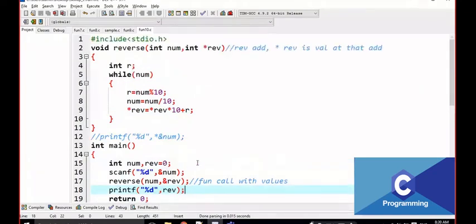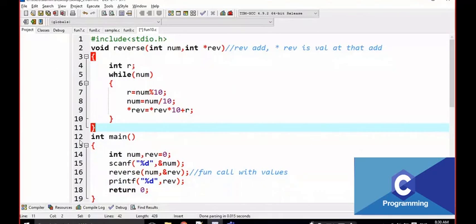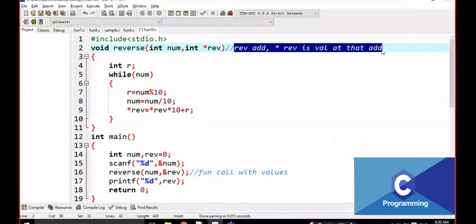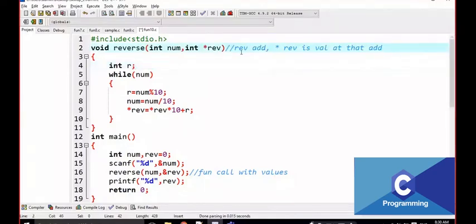Just note it down. Very important one. This method is very important. Write down this comment also. This is the key point every time you are dealing with pointers. REV is the address, not add here. Some students write like this. This is the address, okay? ADDRESS.